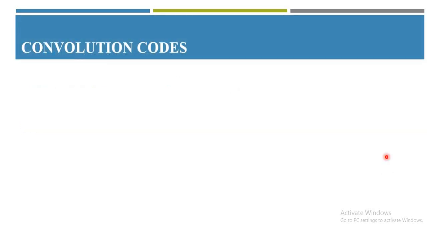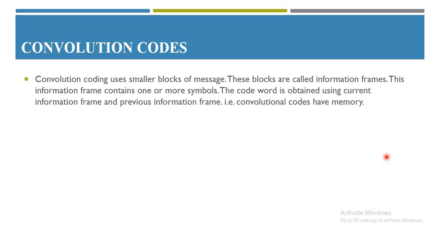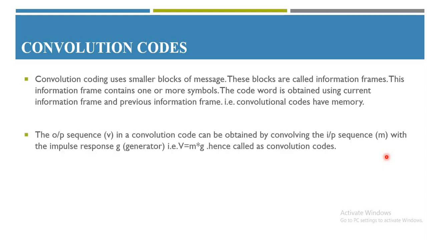Now what is a convolution code? The convolution code uses a smaller block of messages. These blocks are called an information frame. This information frame consists of one or more symbols, and the code word is obtained using the current frame and previous information frames, that is, a convolution code has a memory. The output sequence V in a convolution code can be obtained by convolving the input sequence M with the impulse generator G, that is, V is equal to M into G, and therefore it is called a convolution